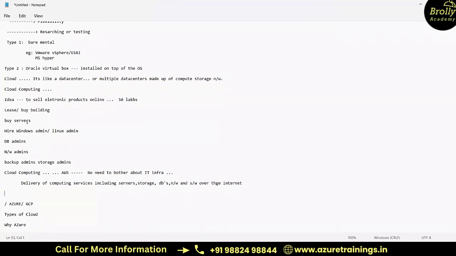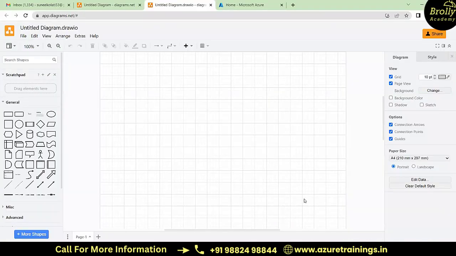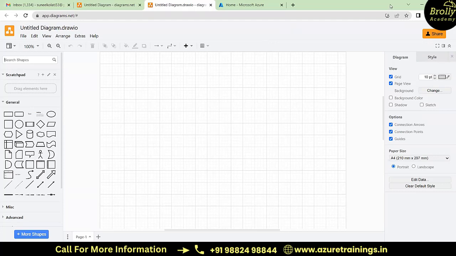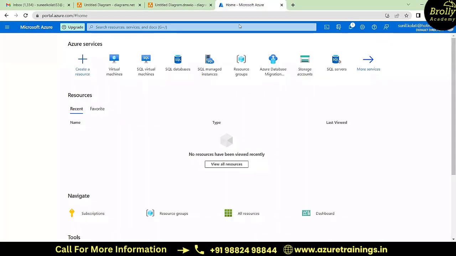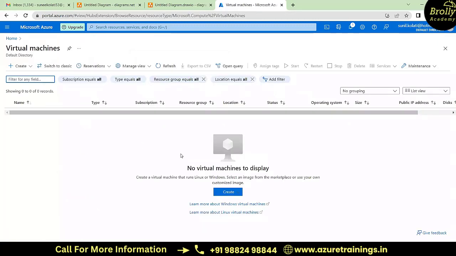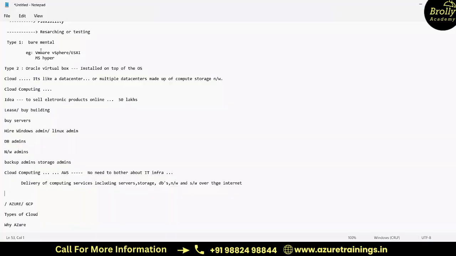I don't need to buy any servers. I can simply go into this portal, whatever it may be, whether it's Azure or another cloud. I can simply create one virtual machine and deploy my application on it. So instead of spending this much amount, like 50 lakhs,